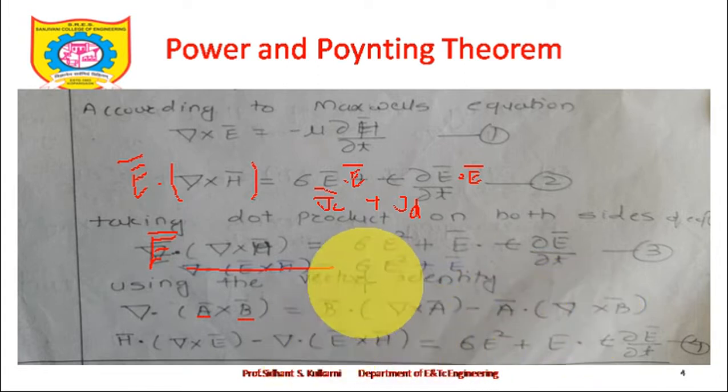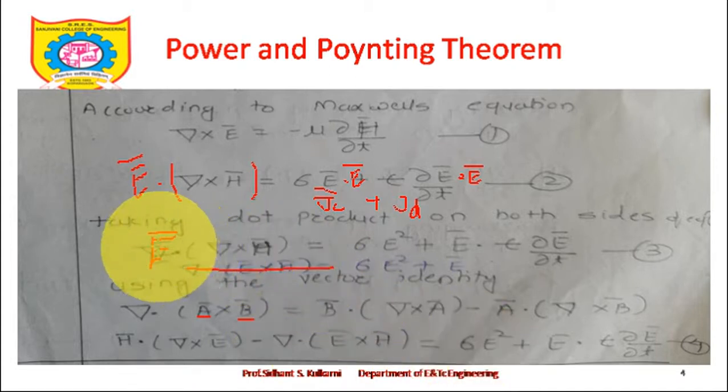So if that is so, I am having this E bar dot del cross H bar. See, if I assume this E bar as del cross H bar in certain direction, or if you put those things, del cross E bar cross H bar, you will get those equations. So H bar dot del cross E bar minus del dot E bar cross H bar. So I have just taken this minus sign. If I take it on this side, I will get E bar dot del cross H bar. Okay, so you have to just put del dot A bar cross B bar as E bar cross H bar, and you will finally come to the conclusion that H bar dot del cross E bar minus del dot E bar cross H bar is equal to sigma E square.